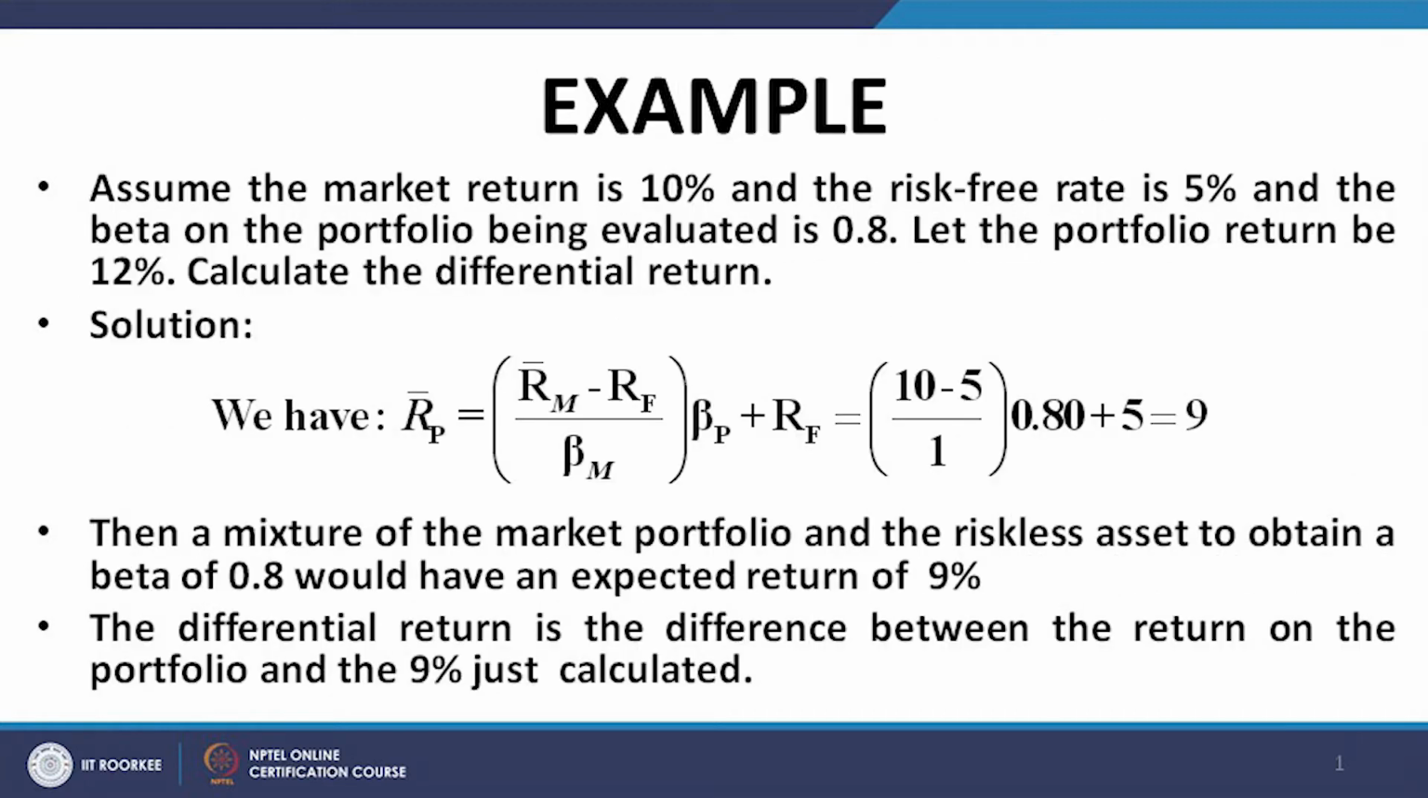So, let us do an example on this. Assume that the market return is 10% and the risk free rate of return is 5%. The beta of the given portfolio that is being evaluated is 0.80. Let the portfolio return be 12%. Calculate the differential return. It is quite straightforward. We are given the market return and we are given the risk free rate. So, we can work out the equation of the line F M. We are given the beta of the given portfolio. So, we can work out